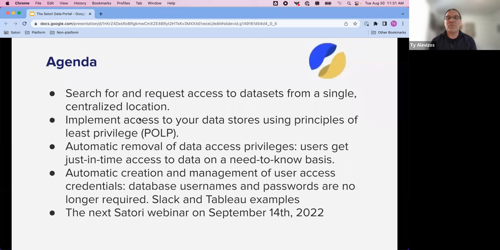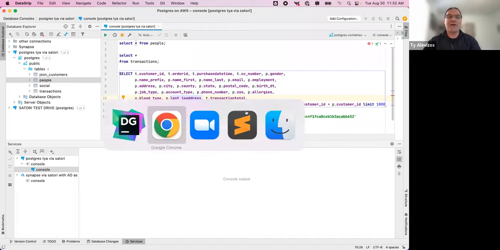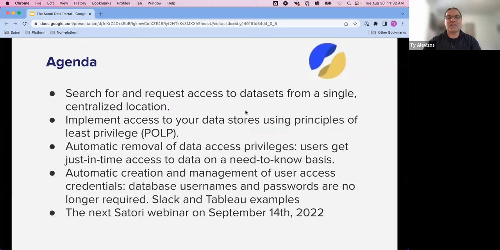We're going to walk through a principle of least privilege, starting from 0 and then slowly increasing access for a sample user, and we'll show what that user sees as far as the end user experience. And we'll walk through a few different examples. I use a data client called DataGrip. Really, this could be any client. We'll also take a look at a Tableau online example, and hopefully that'll give you a sense of how this